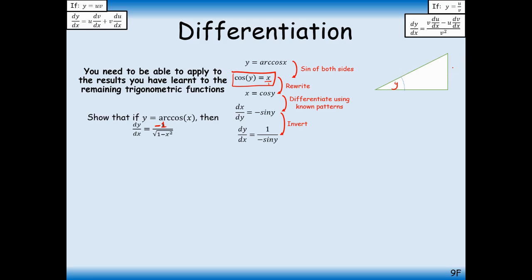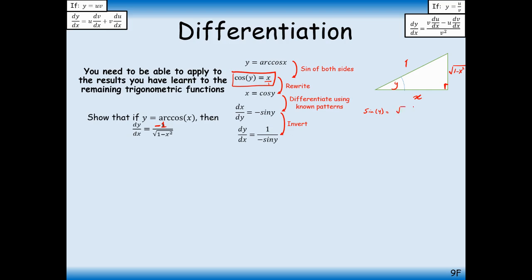So what it means is that the adjacent over hypotenuse, adjacent in this right angle triangle, this bottom side here, is x, and the hypotenuse is 1. Therefore, the opposite side will be the square root of 1 minus x squared. So therefore, the sine of y